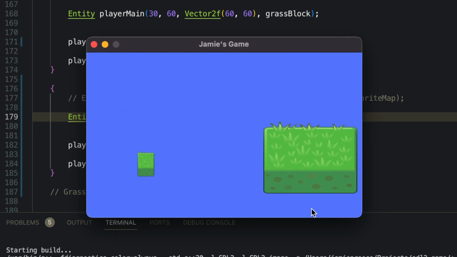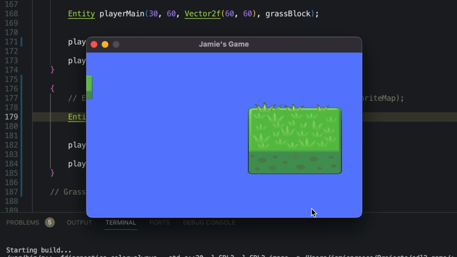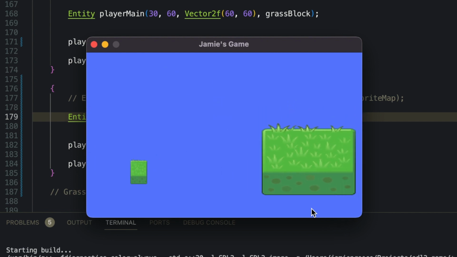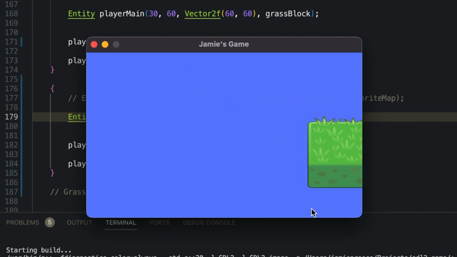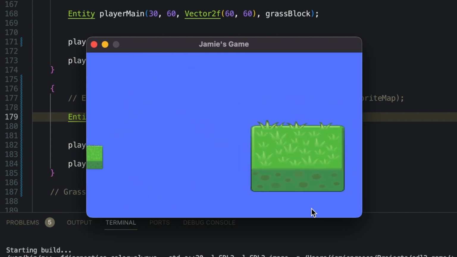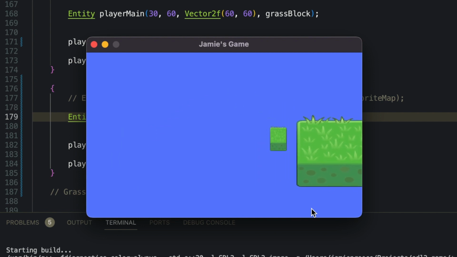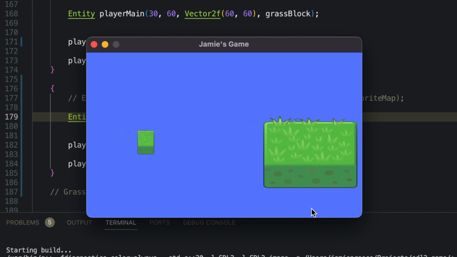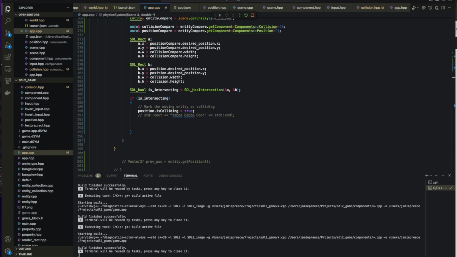So for some reason, I was mad enough to sit on the couch one night and just decide, you know what, I'm going to learn C++ and I'm going to build my own game engine from scratch. I don't know what possessed me to do such a thing, but I love a new challenge, so let's get right into it.